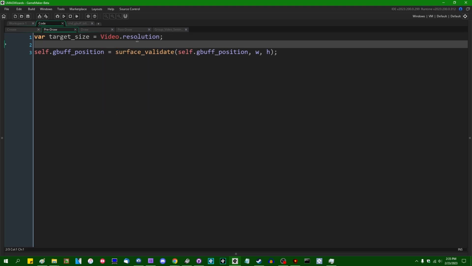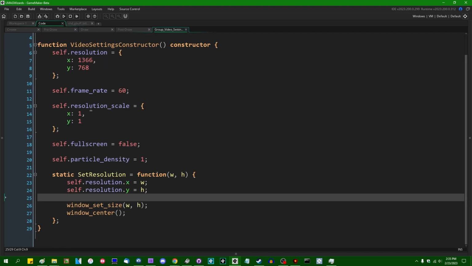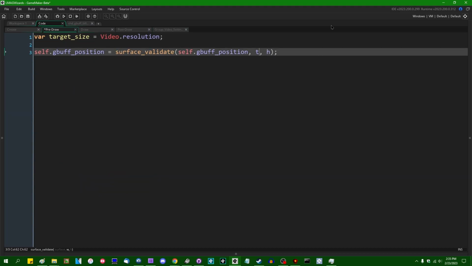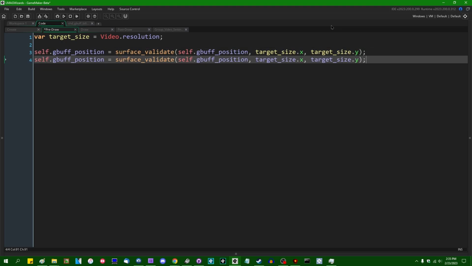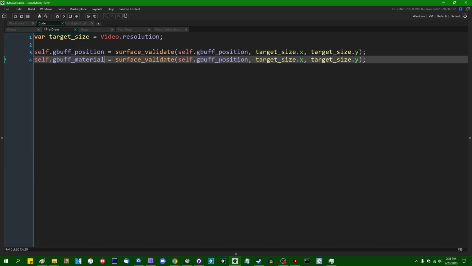And this is going to be a slightly different accessor later, taking into account the possible resolution scale. But target size.x, target size.y, we can do the same thing with the material gbuff, and that is going to ensure that they both exist and they both are the correct